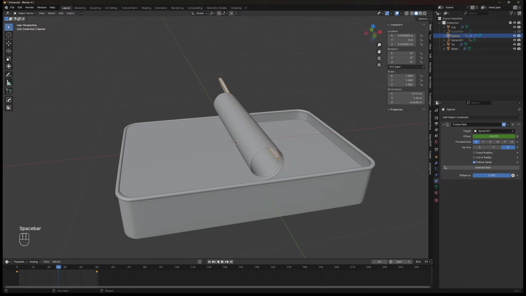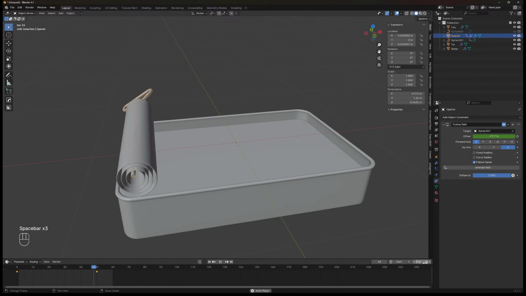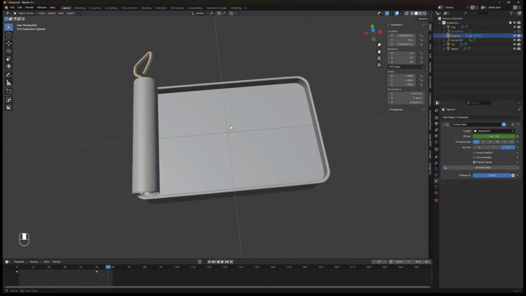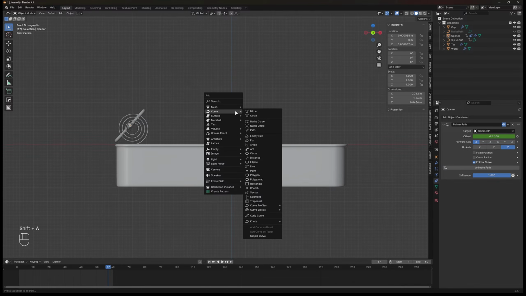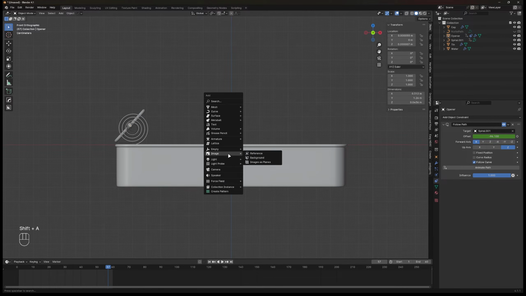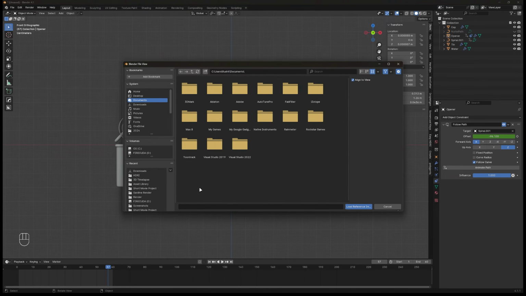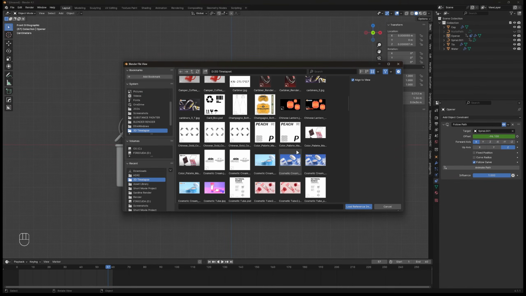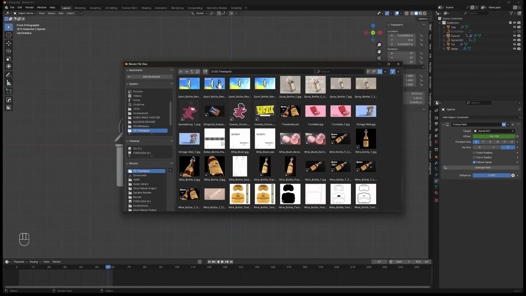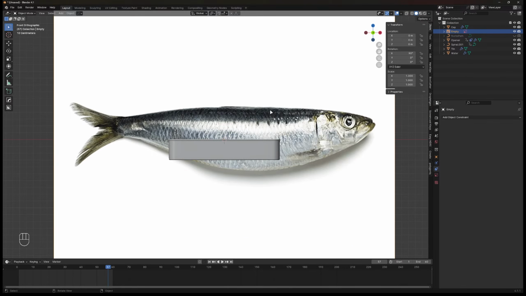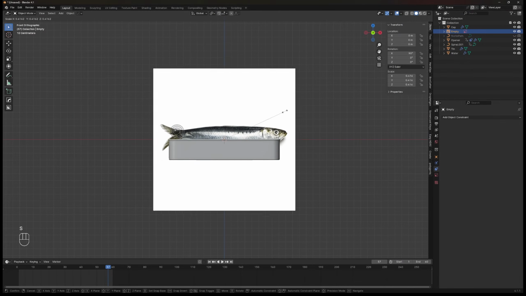First, you should download a fish image anywhere on your browser and make sure it has a good quality resolution. On the viewport, add new object and search for image reference. Open the fish that you have downloaded. You could do this to any kind of fish, by the way, except for shark. Shark is dreadful. So if you want to use the same fish, I added link in the description.